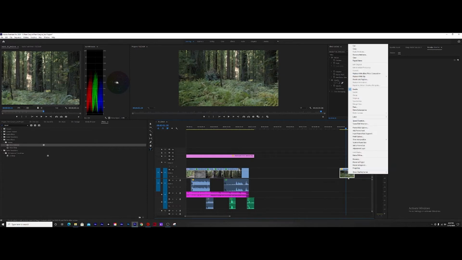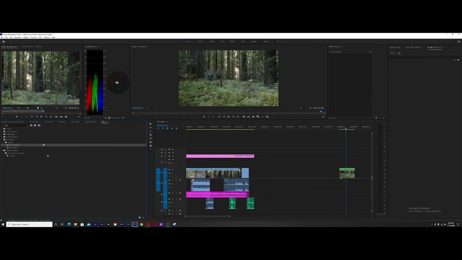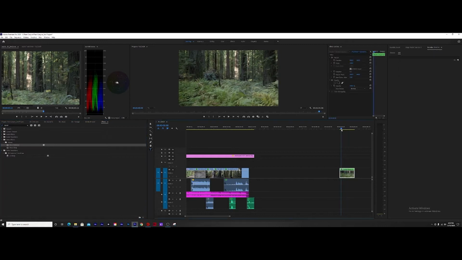Just right-click on the clip, come up here to nest. It'll ask you to name it. You don't necessarily need to name it. For the sake of just adding an effect to it, I usually just click OK, and it'll say nested sequence. And it looks like nothing happened other than simply changing the color of the clip. But Premiere Pro now sees this as a 1080p clip. So now I can come over here to Warp Stabilizer, drop that on, and when it's done doing its thing,